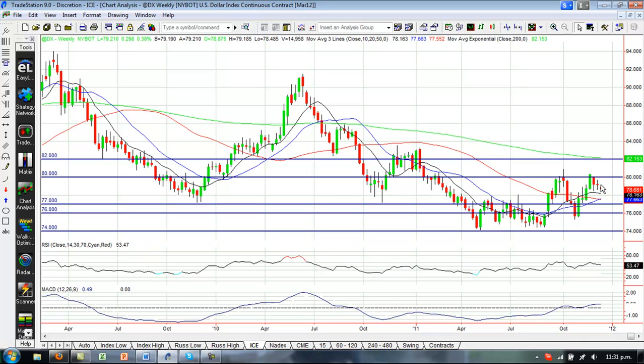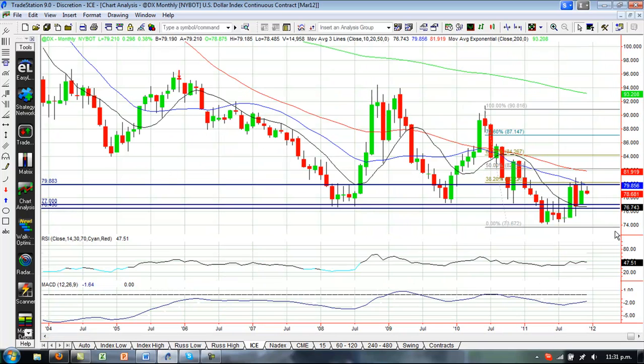That's represented here, and just ignore this current candle, which is just the early part of this week. Looking at last week's candle, it resulted in a very sideways candle. You can see we opened and closed pretty much at the same level. We were engulfed by the previous week, so we had what's called an inside candle, or an inside week, meaning we didn't break through the week before's highs, and ultimately we had very little direction.